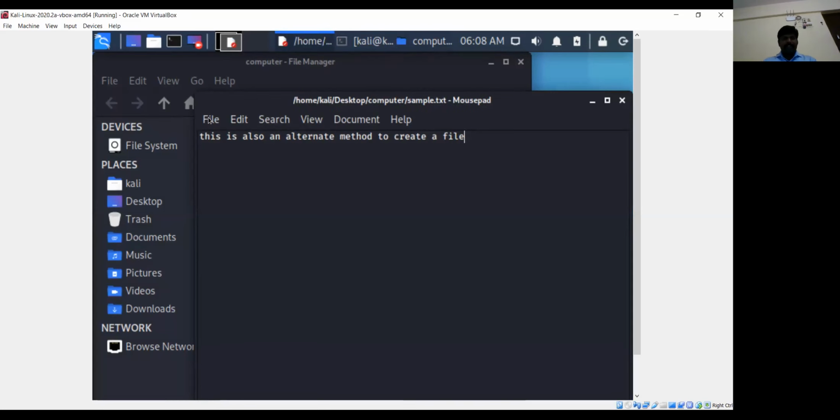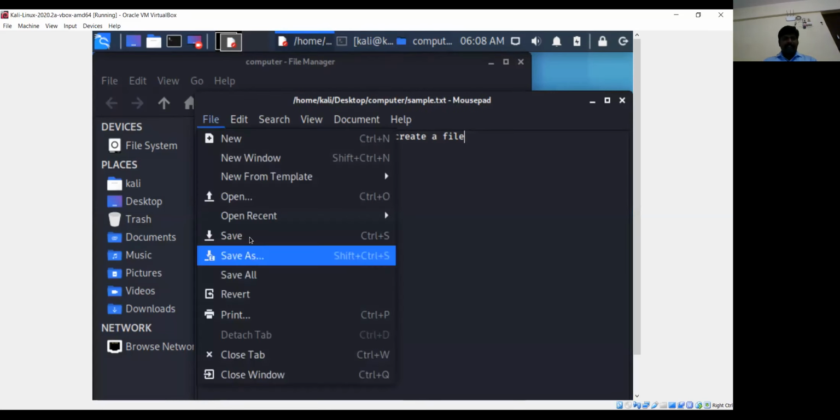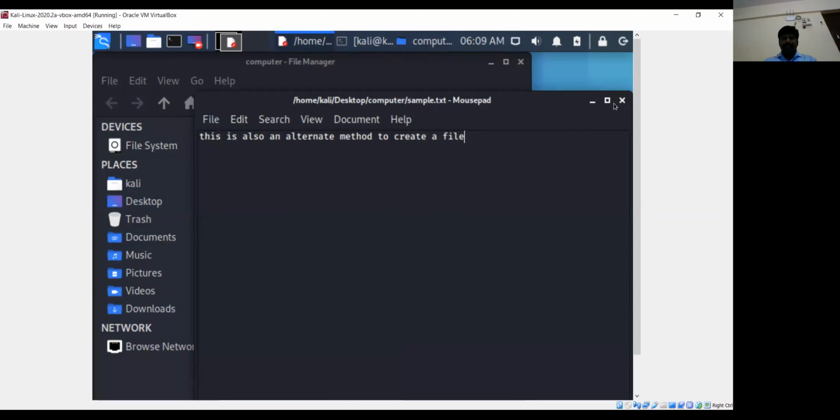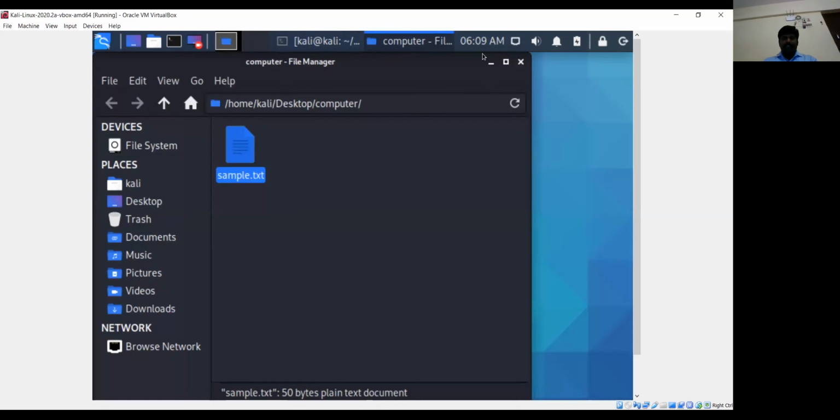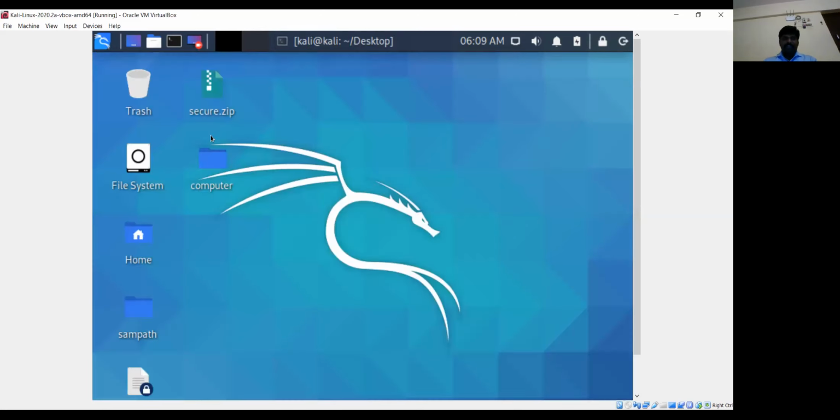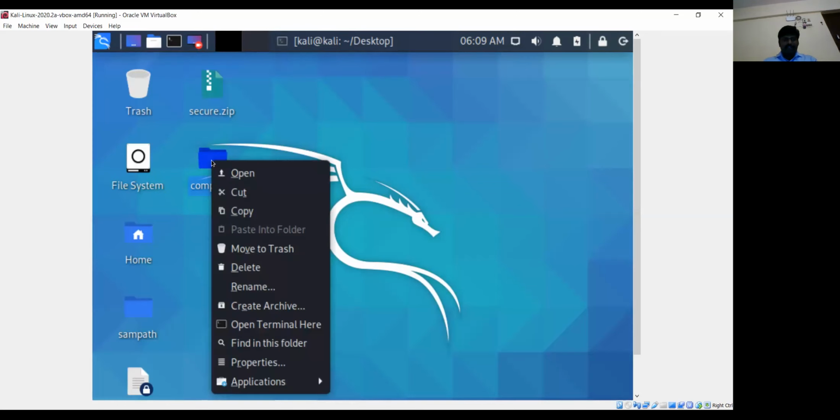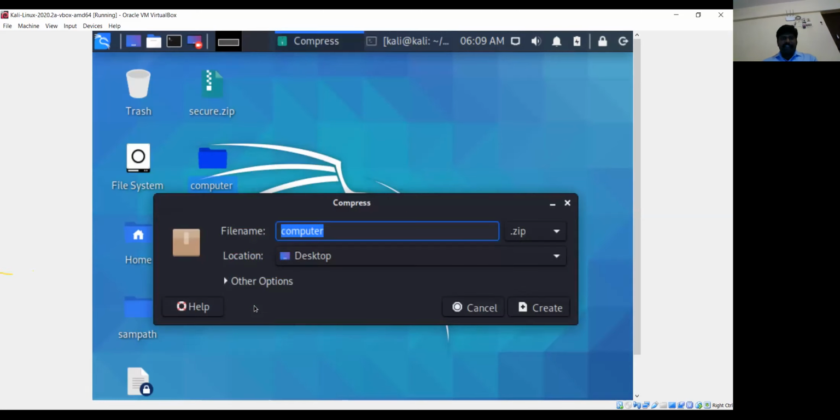I'm storing it. File, okay, save. I'm closing it. I'm closing the folder. Now I just want to create an archive. If you click on create archive, right here I'll get an option.